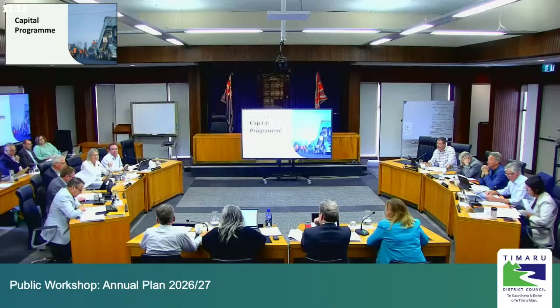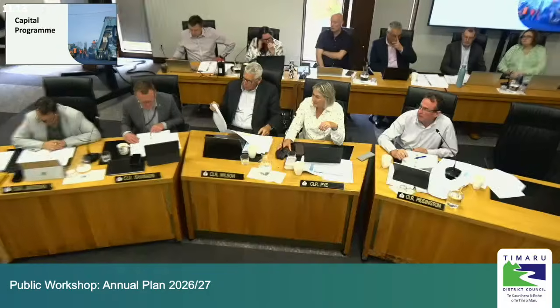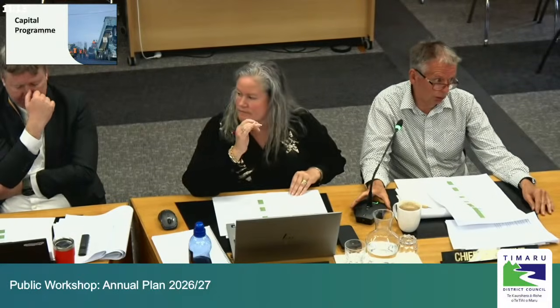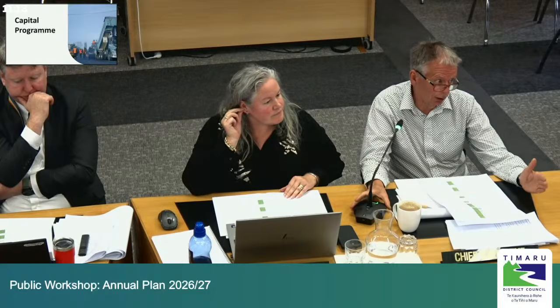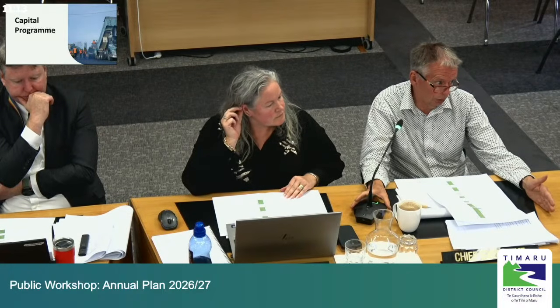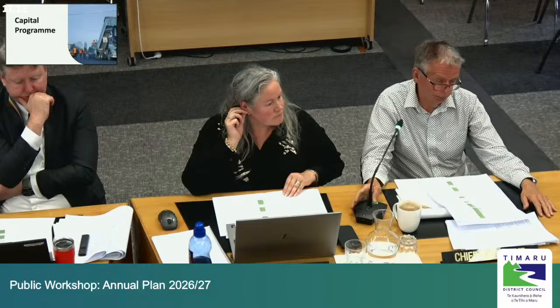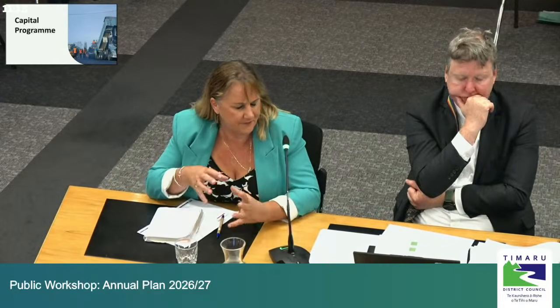I think it's not on this list because it's happening this year. In 25-26 there was 250 sitting in this year for strengthening. That is not going to happen now, so it's going to be put towards the roof. Yep, so we've got a paper going up on the 31st to get the money taken out of earthquake to roof repairs. This building here, the money is for the HVAC system, which is over 20 years old and coming to the end of its life. This summer, luckily, we haven't had a hot summer. I'm not sure if anybody else has noticed, but it hasn't been